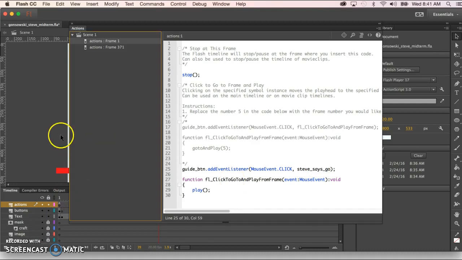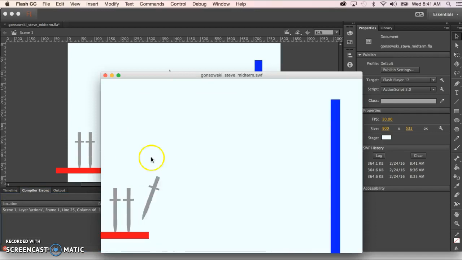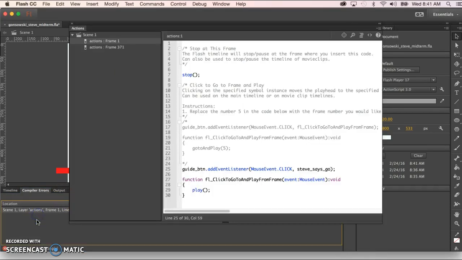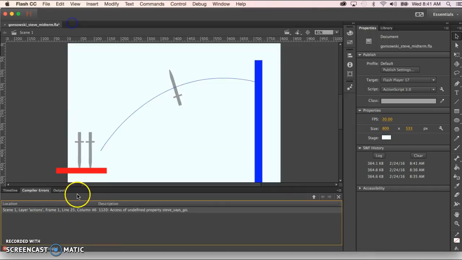If they're not, if there's any little discrepancy, even an uppercase and a lowercase discrepancy, you'll go to preview the movie and the whole thing starts playing, the stop no longer works, and then if you go back here and read what the actual problem is, it'll try to help you. It'll say that it's occurring in frame 1, it's in line 25 of the code, and there is an undefined property of Steve says go. So we go back into the code,